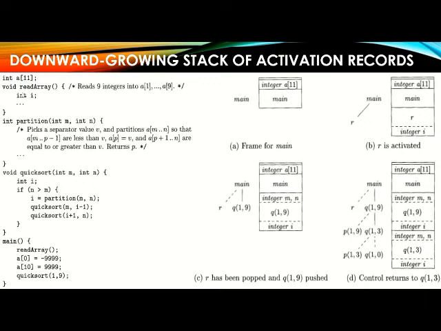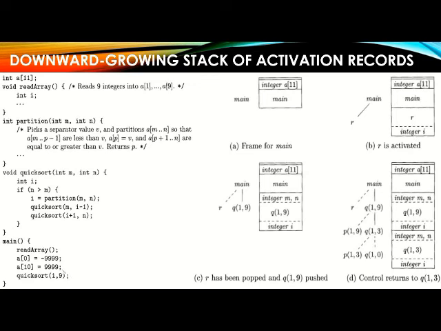Once we start the void readarray function, the activation record for this function is this one. Till now we have already created the 11 integer values for a, then called the main function, and then invoked the void readarray function. Within the readarray function we again declare the integer variable i, so it allocates the memory space for that integer variable.